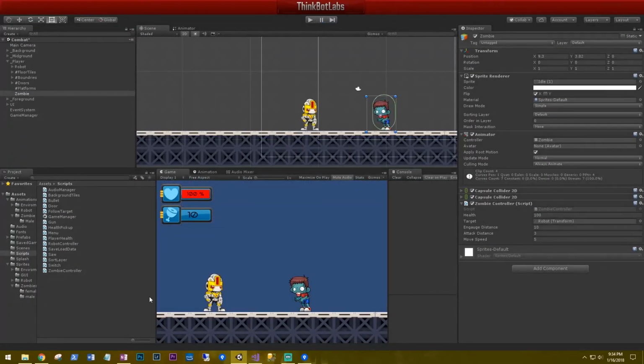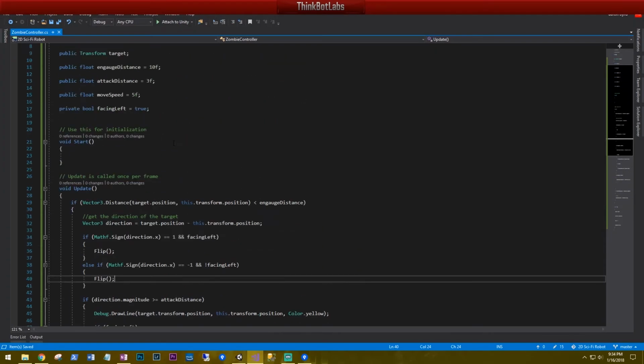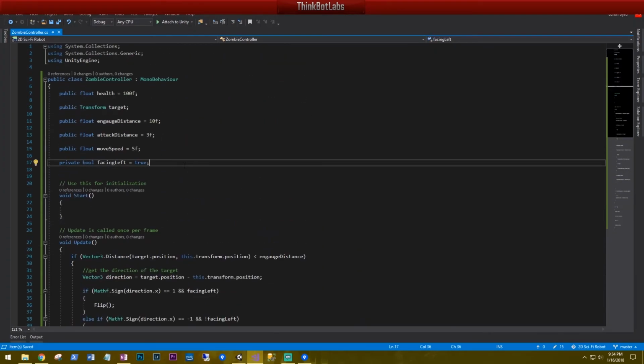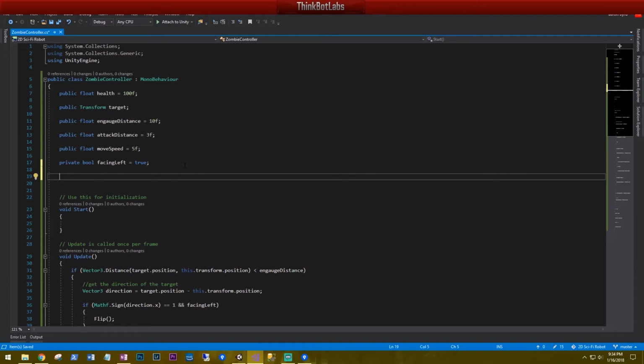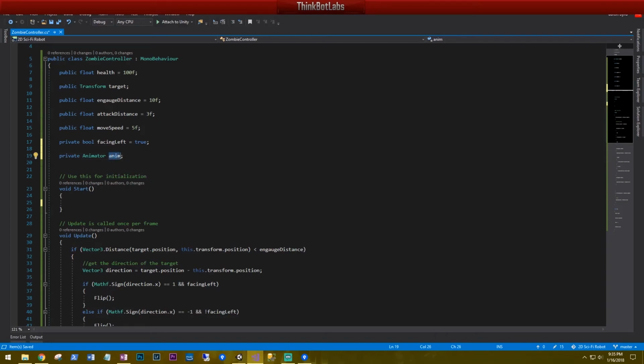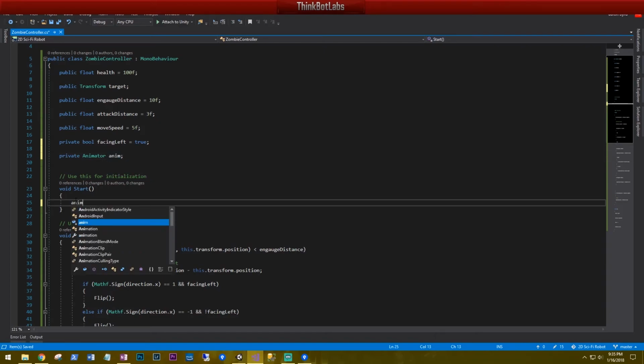Now let's set up those animations. So let's grab a reference to the animator. Animator, anim. I just like to call it anim. Let's go ahead and cache this reference. I'm going to say anim is equal to get component